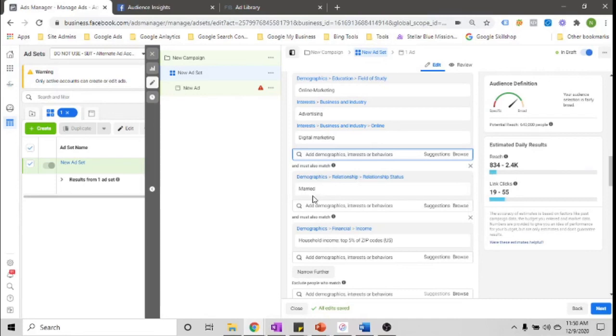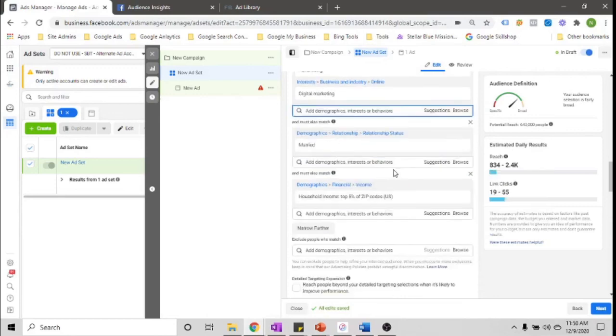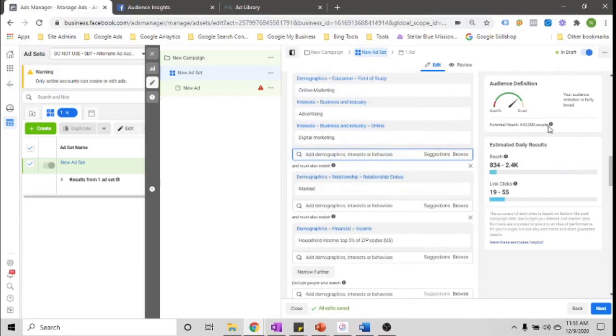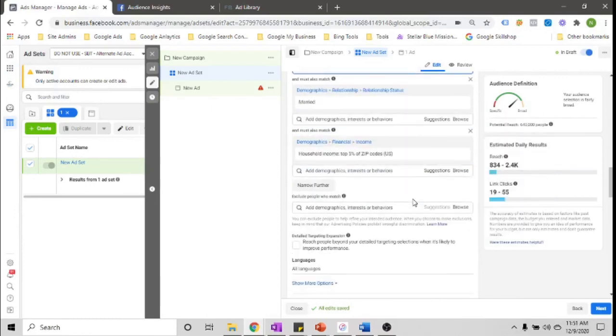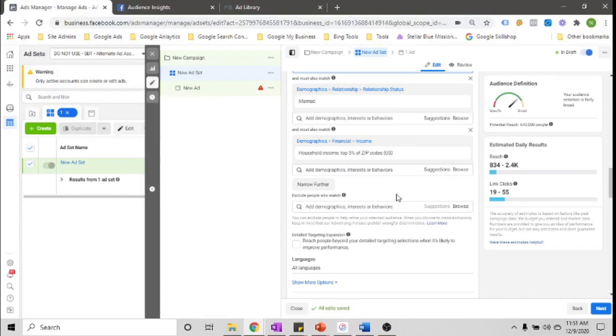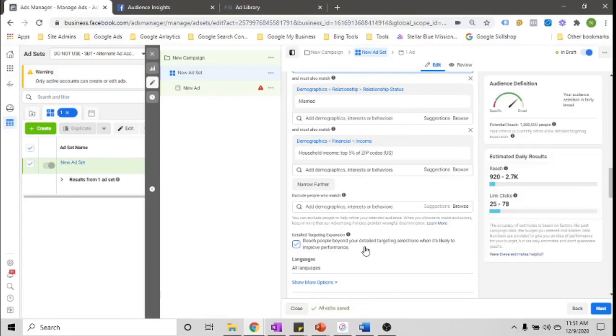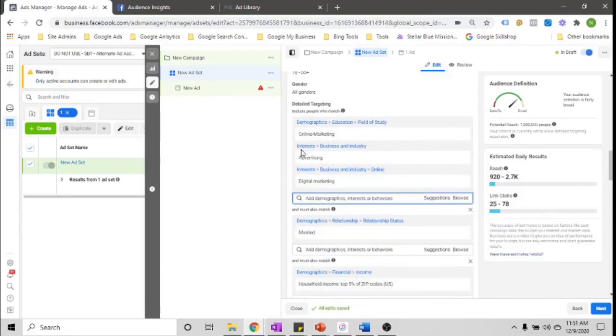Once you have all your demographic information selected in here, you come over here and take a look at the potential reach. And if that potential reach is like 10,000 or under, you can hit this detailed targeting expansion option here, and that's going to give Facebook the opportunity to go out and find more individuals that closely match the parameters that you've created up here, and really expand the overall reach for your ad campaign. That is essentially the way that we construct a cold audience